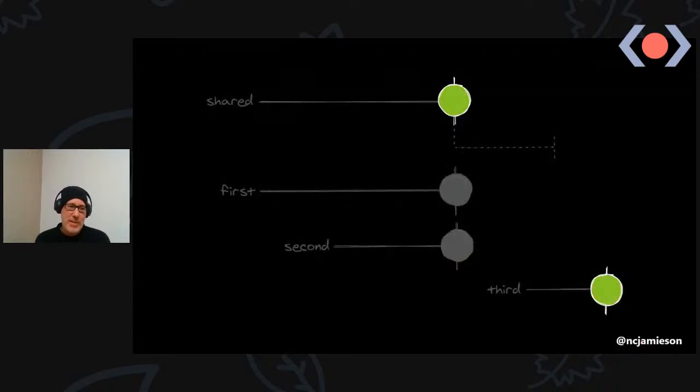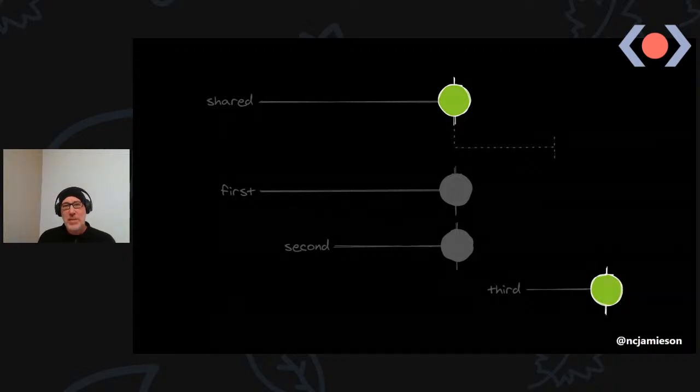It gets a different subject, and that subject is a new subject. That subject doesn't have the information that was retrieved from the source. And in fact, that subject won't receive any information from the source until somebody else subscribes to the shared observable. So it's a bug and it's less than ideal.